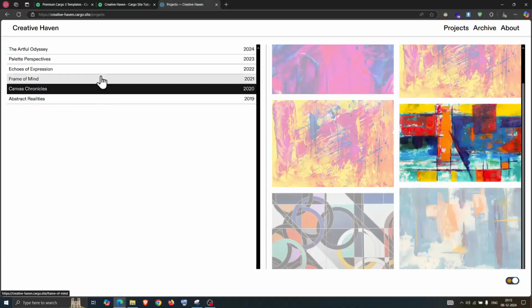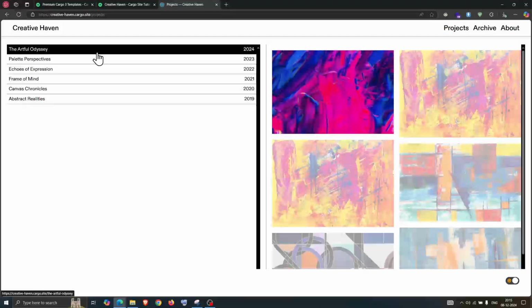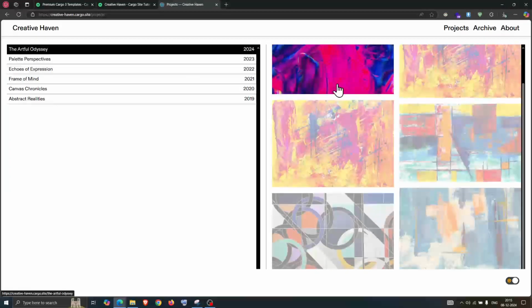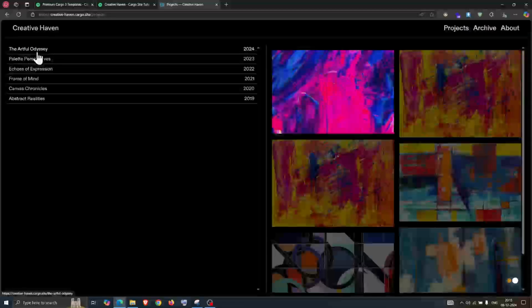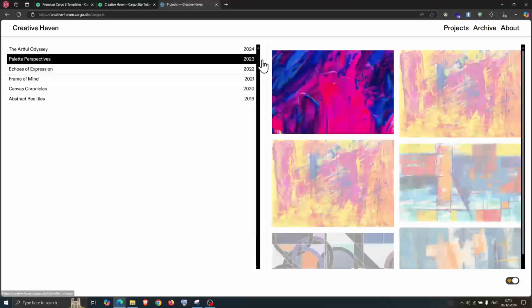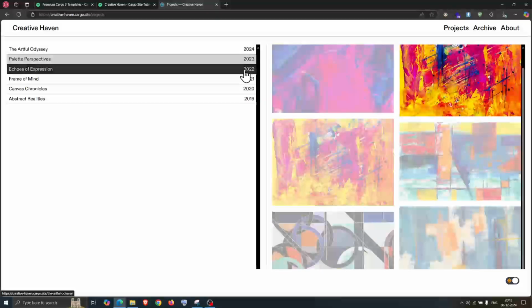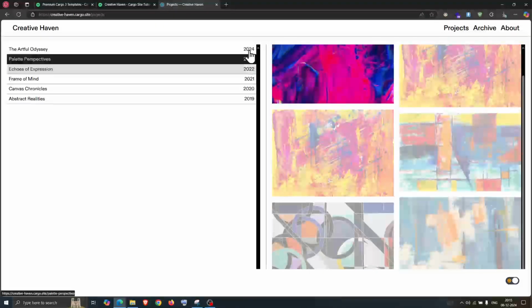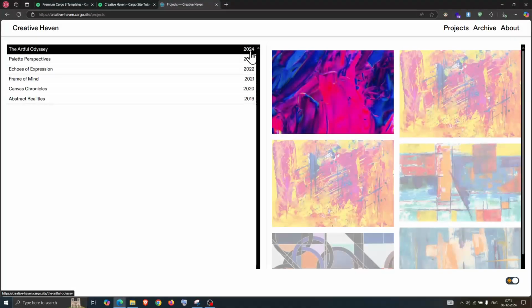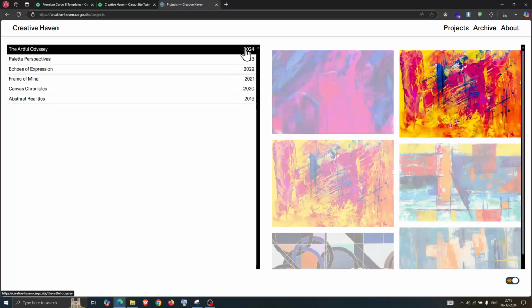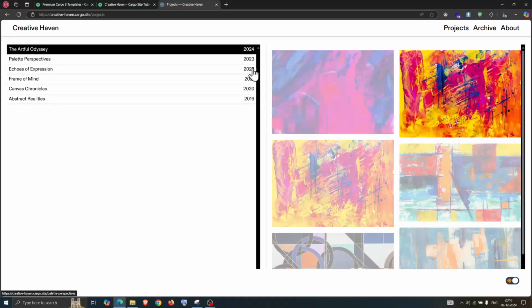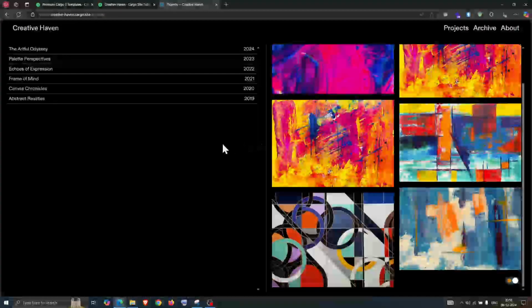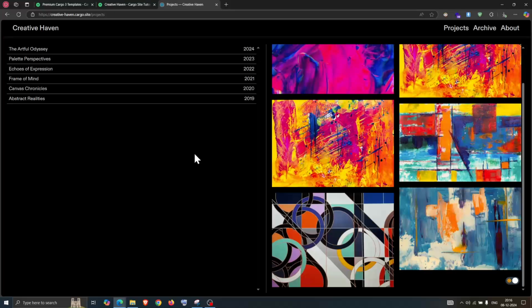This is coming dynamically. You just need to add the projects, and it is going to show the project title and the year. You need to mention the year as well, and it is going to show your projects in this format.